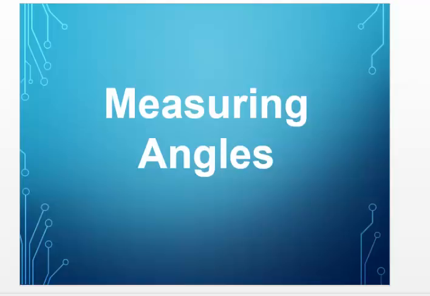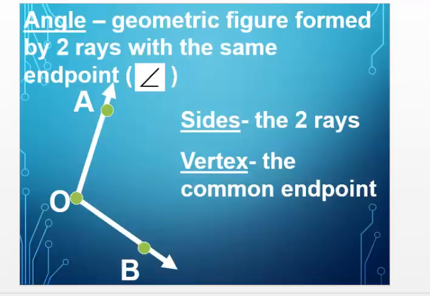In this unit, we're going to start to talk about measuring angles. So the first definition I want to give you is just the definition of an angle. An angle is a geometric figure formed by two rays with a common endpoint. Notice the notation I always use for angle is this figure that looks like a little angle. The sides are two rays, so ray OA and OB, and the vertex is the common endpoint, so it's point